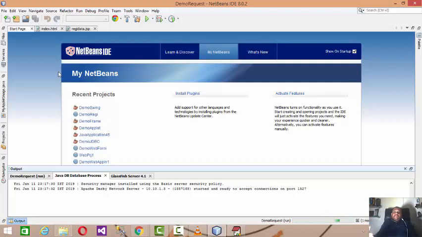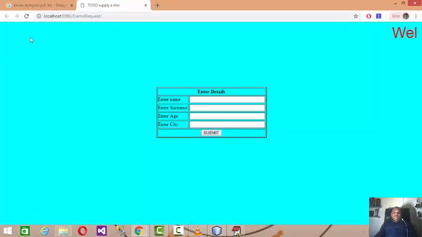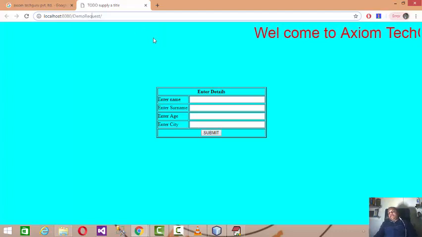It runs on the server, Apache Tomcat or Glassfish, which is already running, and on that server it will start services to publish this particular web project.